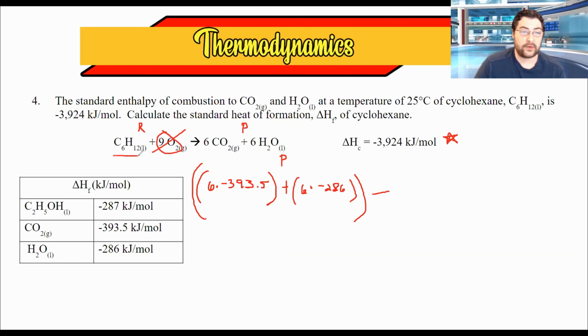And then over here, we have hexane, which is not listed in our table. That doesn't mean that there's no energy associated with the hexane, however, okay? So the question here is to calculate the standard heat of formation for the cyclohexane. That's the thing that we're looking for. We are looking for the reactant. What is the cyclohexane? Remember, the oxygen doesn't count. And all of this has to add up to be negative